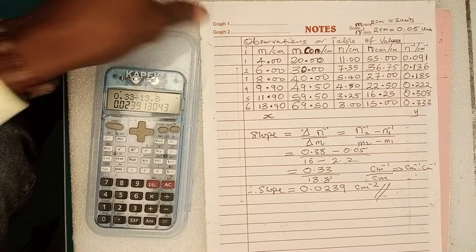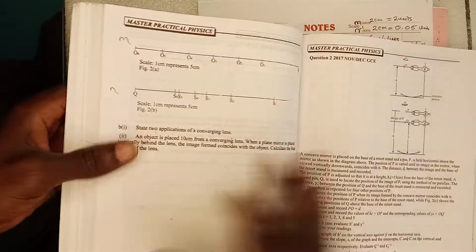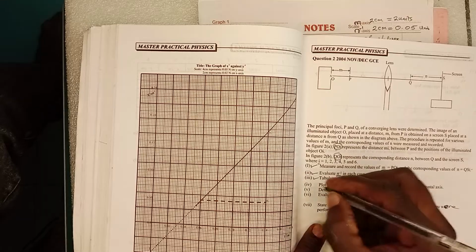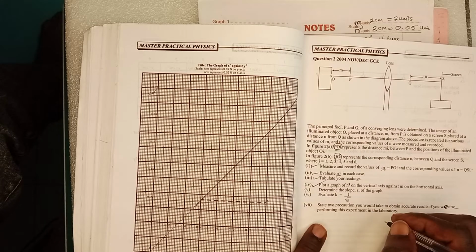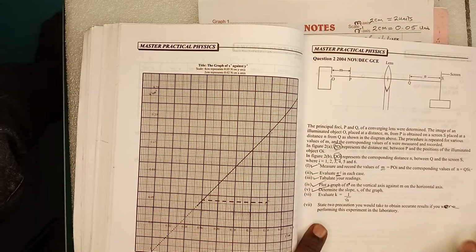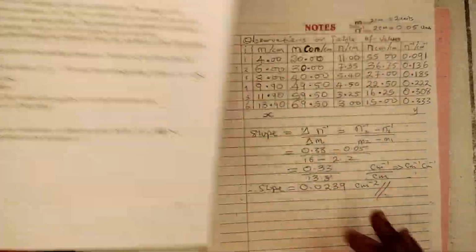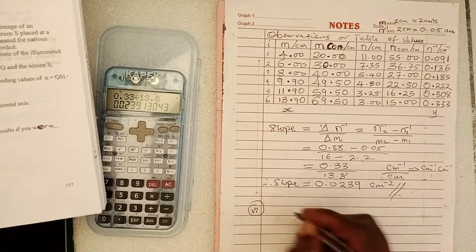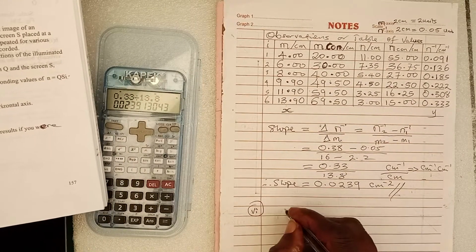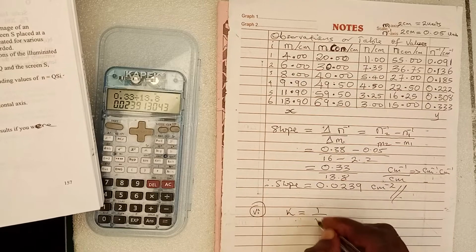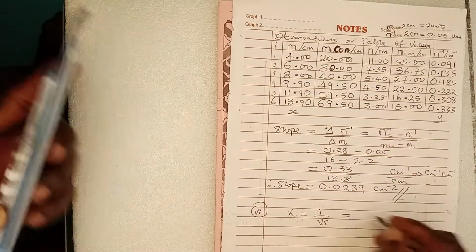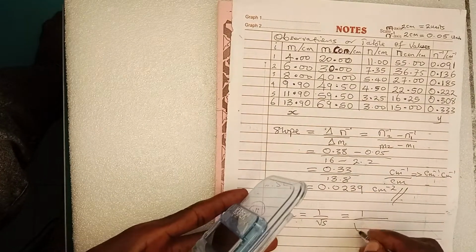You may screenshot this. So we are done with plotting the graph. We are done with finding the slope. They asked us to evaluate k is equal to 1 over the root of the slope. So we are answering question number VI right now. They say evaluate k is equal to 1 all over the root of the slope. So that means that we're going to say that 1 divided by the root of